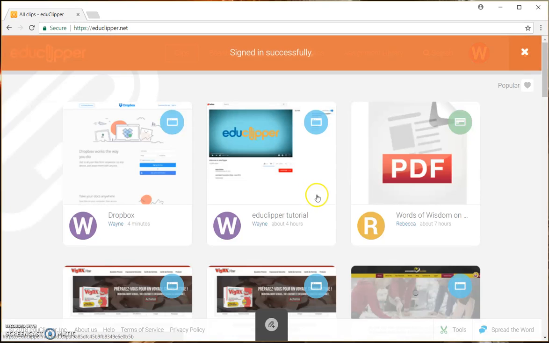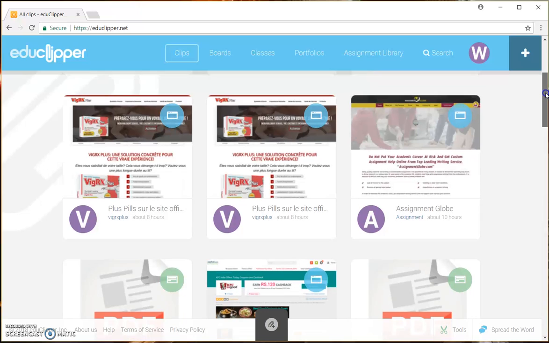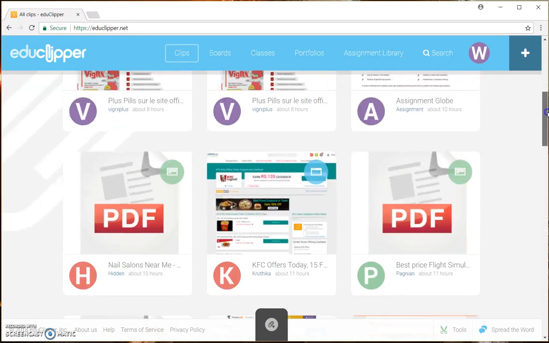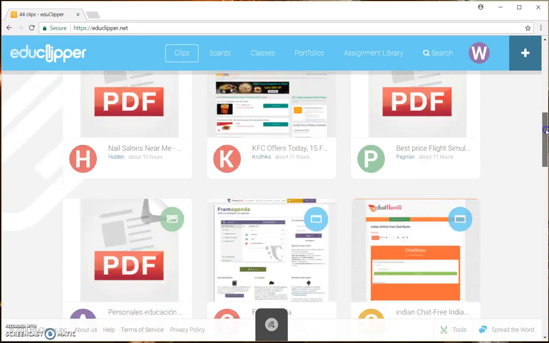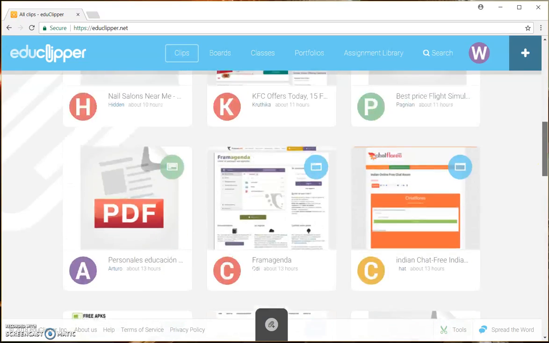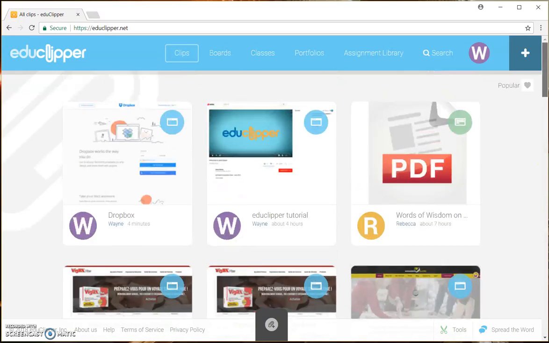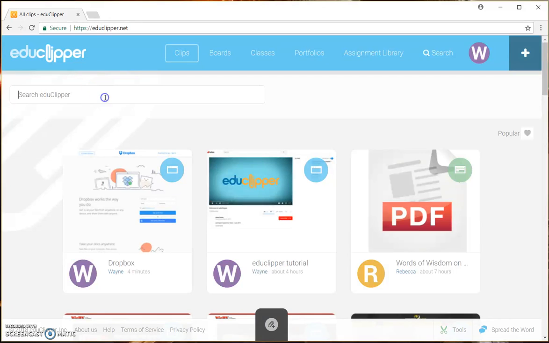the home screen here. So once you log in successfully, you're going to have a number of different tabs at the top. The very first one is clips, and these are from other educators. Anybody that would like to share out information will make these things public. So for example, if you're doing a search for information on computers,